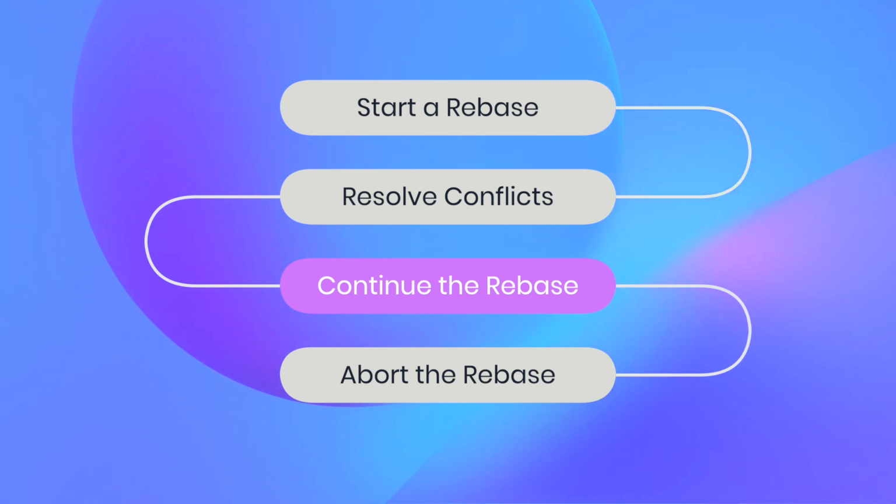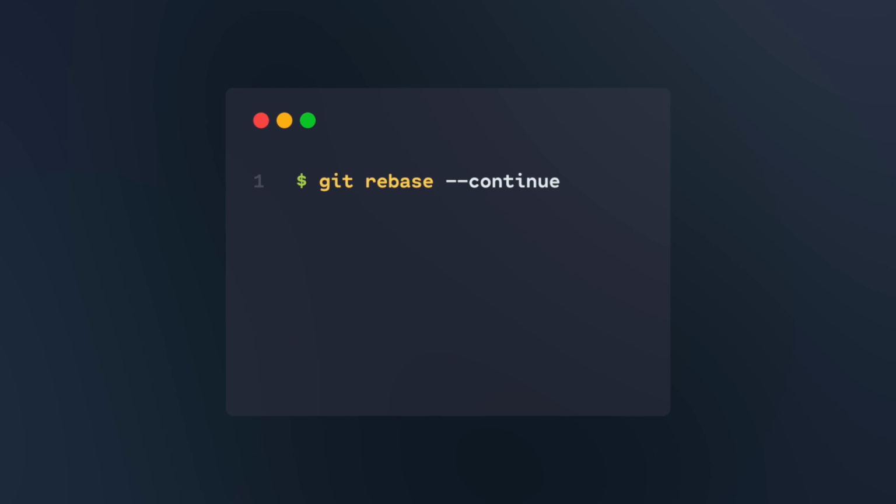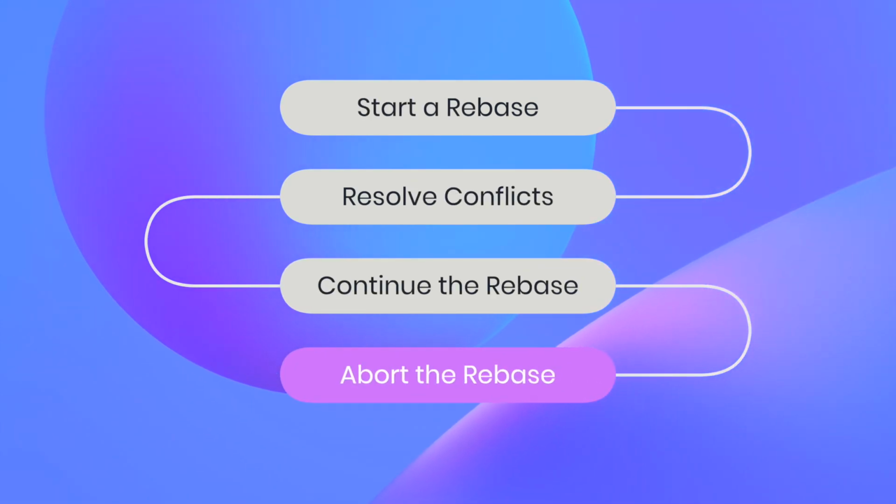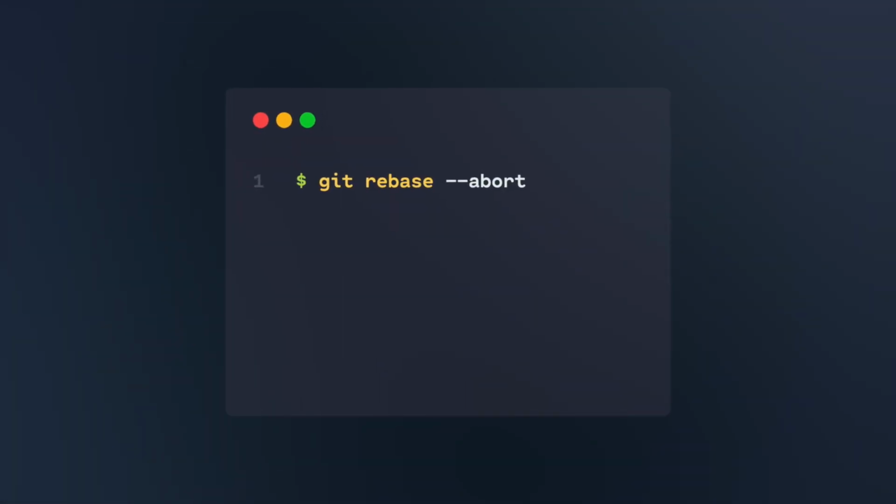Continue the rebase. After resolving conflicts for a particular commit, you can continue the rebase process by running git rebase --continue. This will apply the resolved commit and proceed with the remaining commits in the sequence. Abort the rebase. If you decide to cancel the rebase, you can abort the rebase by running git rebase --abort. This will revert your branch to its state before the rebase started. It's important to note that git rebase rewrites the commit history by applying the changes from one branch on top